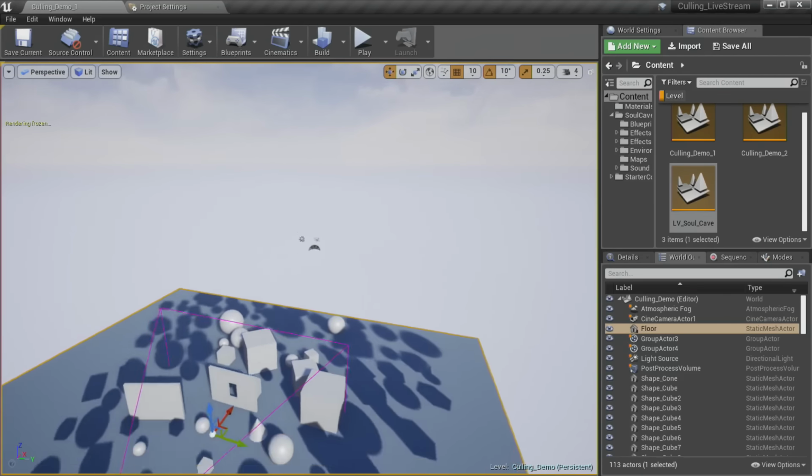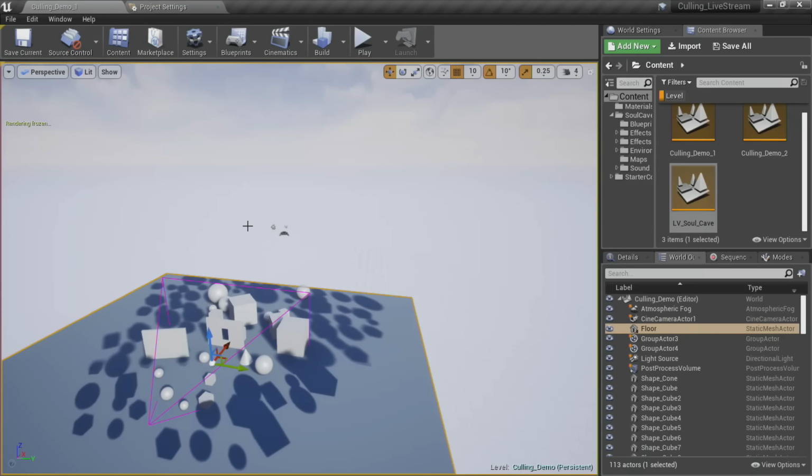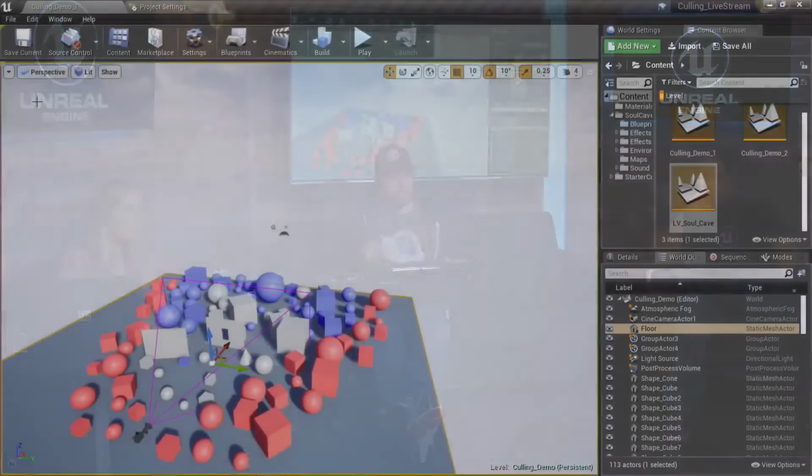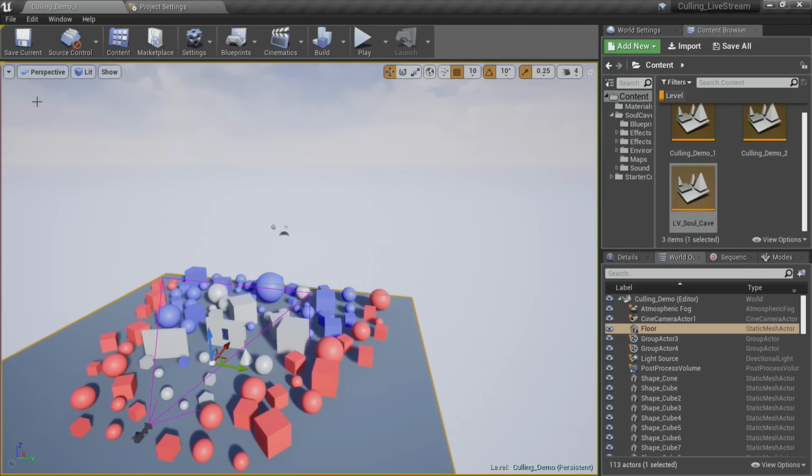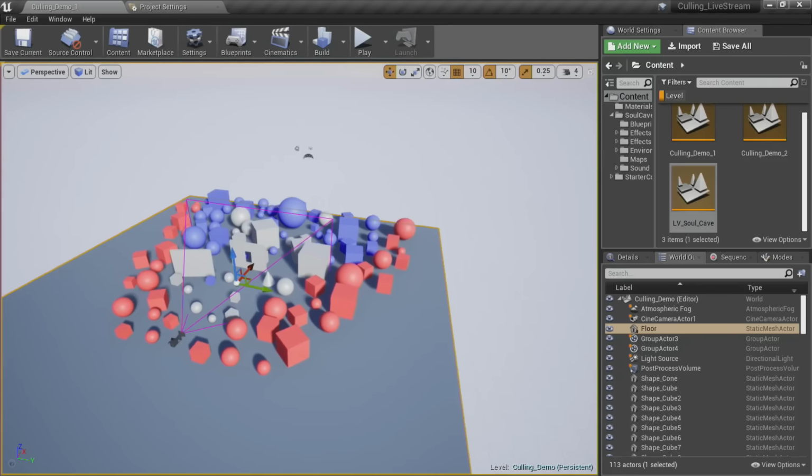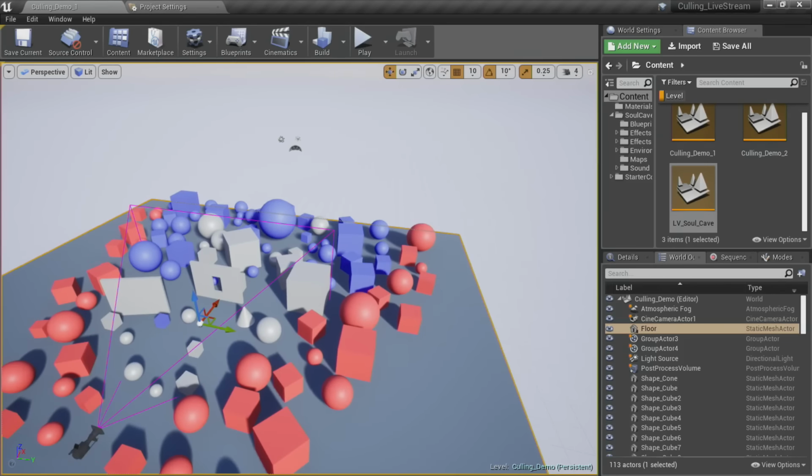When I freeze the rendering, what I've done is frozen the rendering state from that camera perspective, and while shadows are still there, all the rendered meshes we don't care about have gone away. Everything outside the view frustum we don't care about. Anything that's occluded by another object we don't care about. And then if I just unfreeze, everything pops back in because from this perspective we see it. So let's see here.